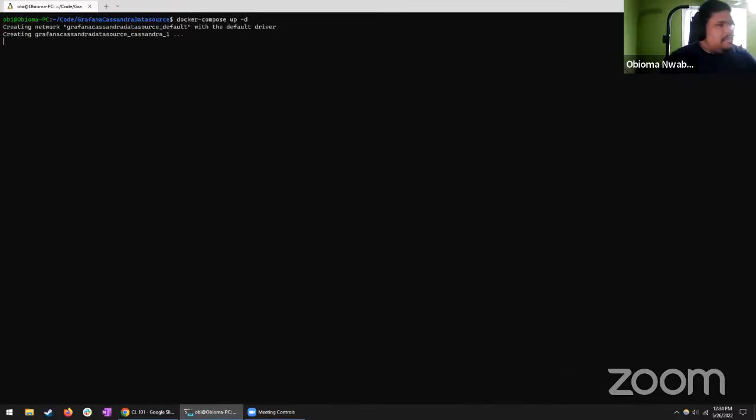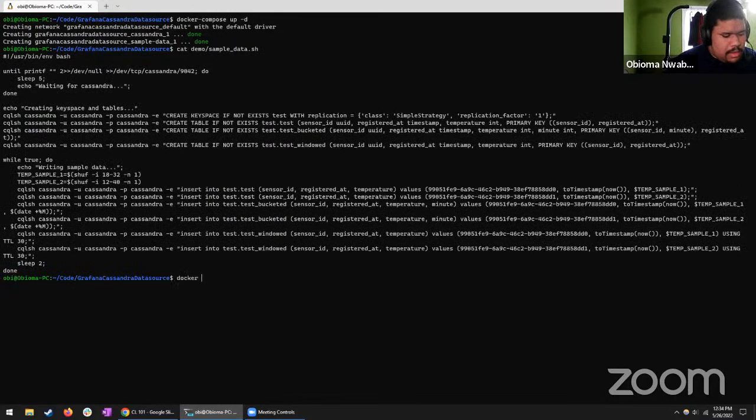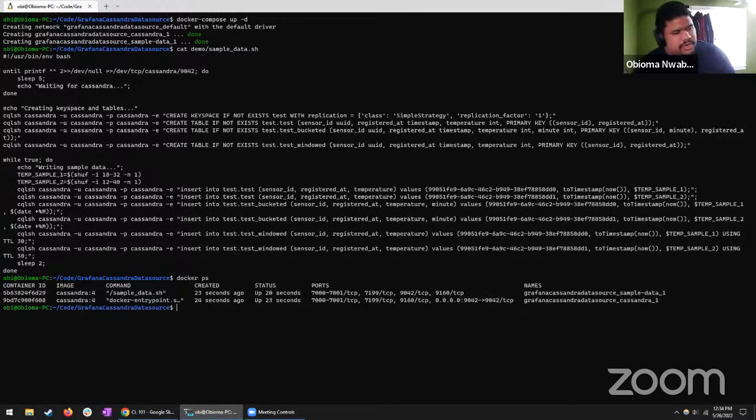All right. So because this is based on that same Cassandra Grafana example, we are going to bring up our Docker container. And what's actually happening is, check this out actually. There is a utility that generates data and sends it to Cassandra in one Docker container. And then there's your actual Cassandra in the other Docker container. And what this program does, when you start it up, it waits until it can connect to Cassandra, and then it